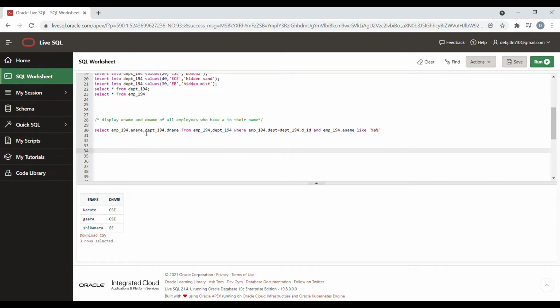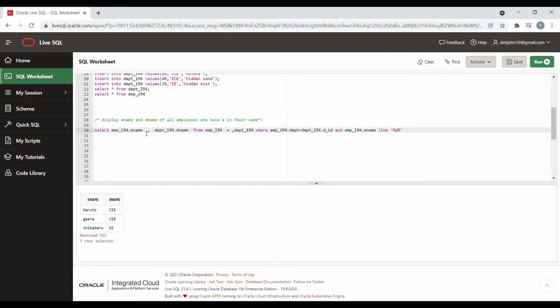So each time we need to write the whole name of the table and then use the dot operator, then we can write the column name. But this will take very much time and effort. So what we can do is change our table's name to a smaller name, or I will just give it an alias name. Just like we gave alias names to our columns in our previous videos, we can also give alias names to our tables. So I will give the EMP table the name E and the departments table the name D.